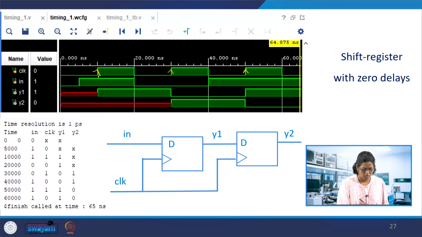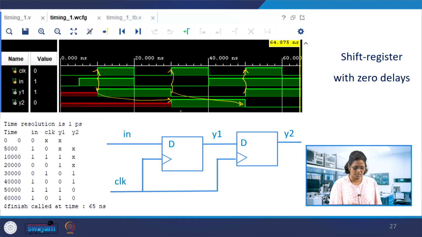So at the passage of the clock, the input is getting over here, and this is over here, and this is also y1. At the next clock edge only will this output be transferred to y1. Because it is taking at this clock edge the old value of y1, y2 takes the old value of y1. So it's not getting assigned until that point. This again forms a zero-delay shift register.